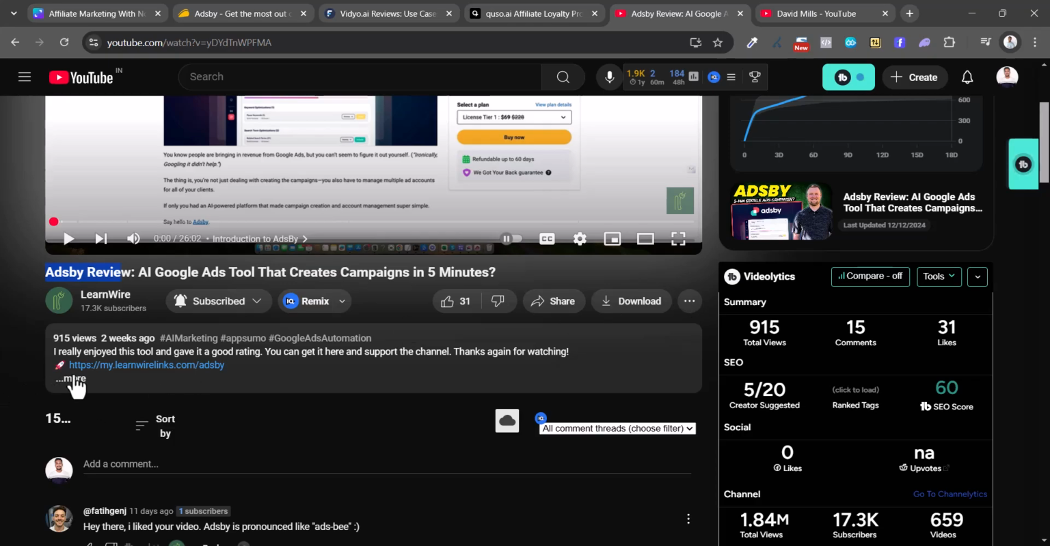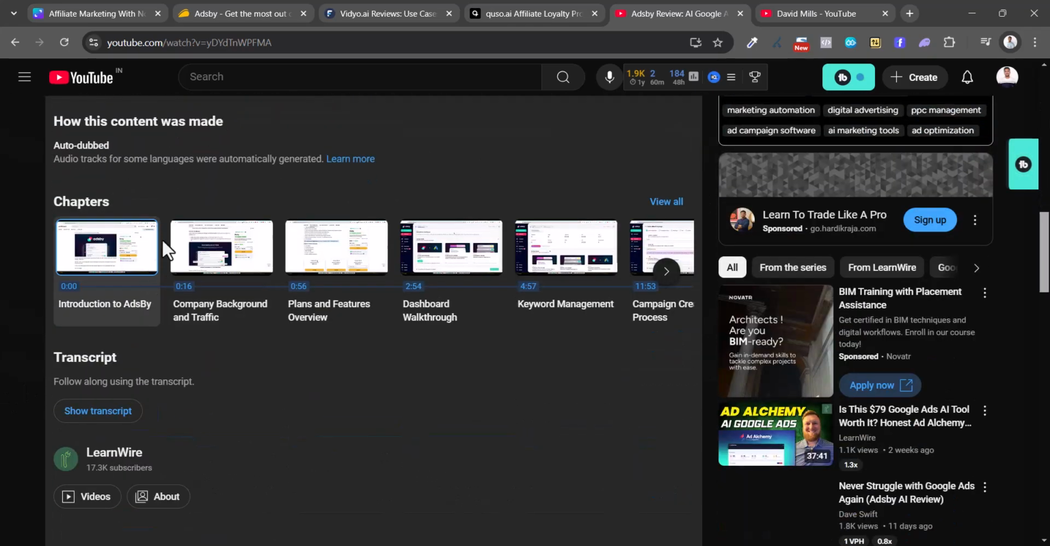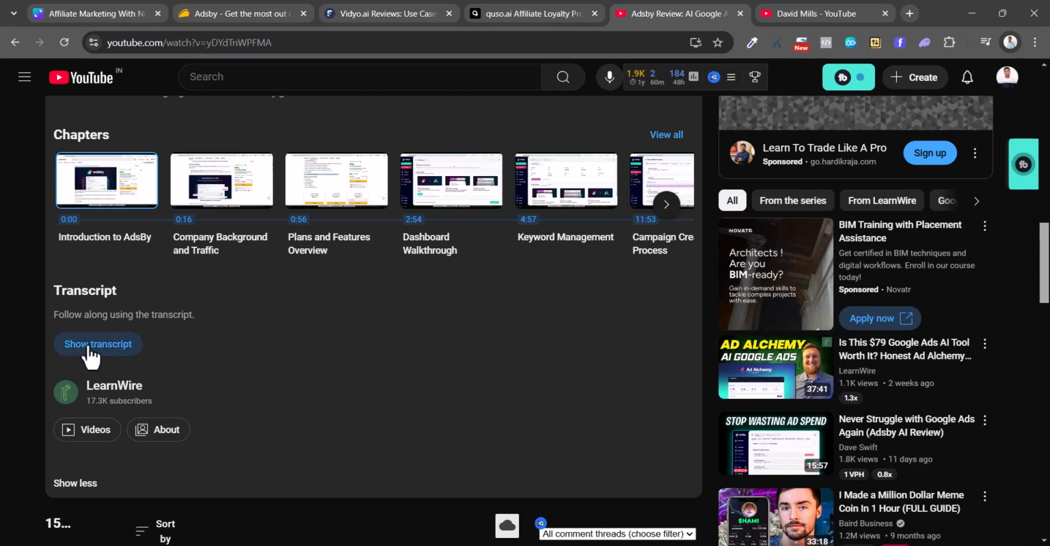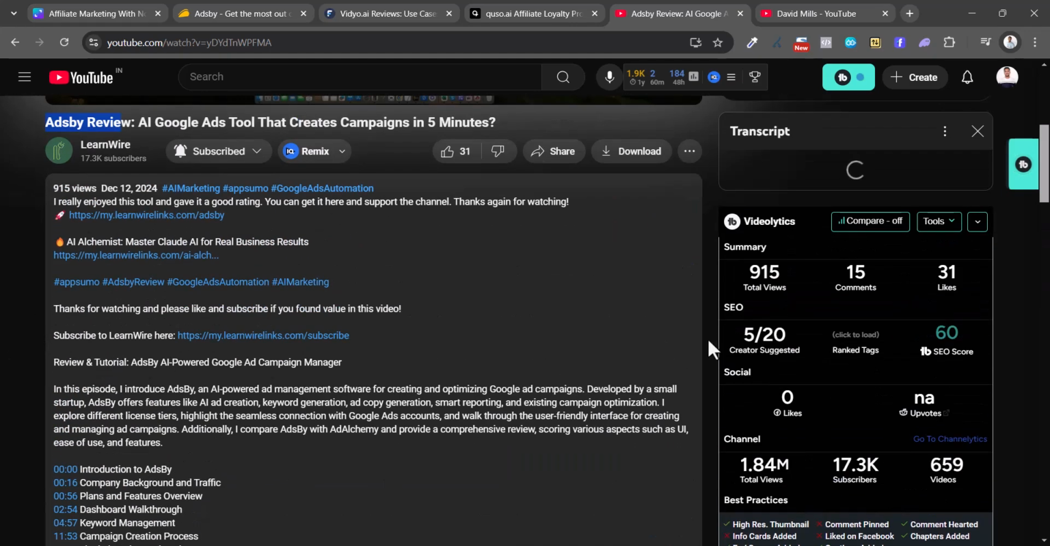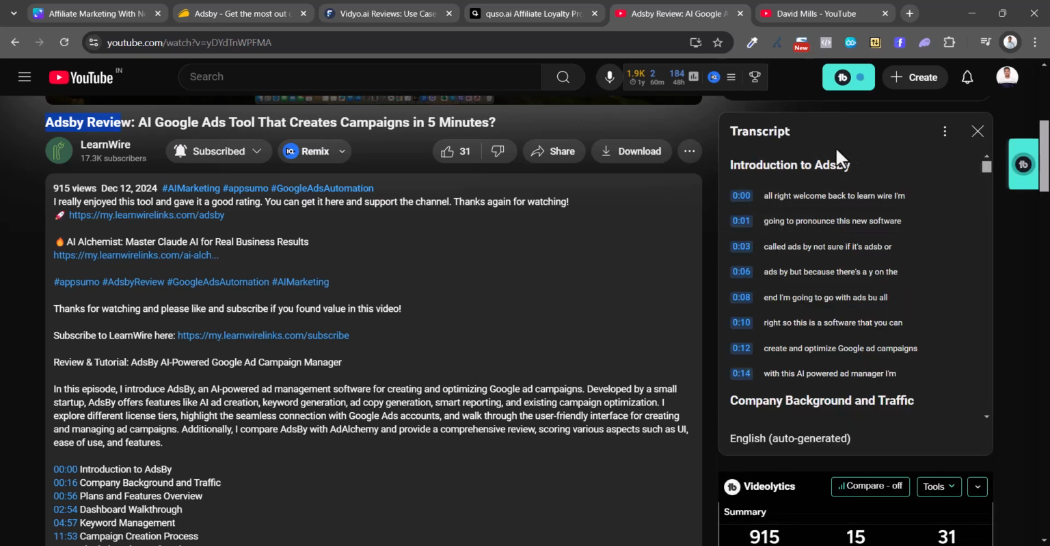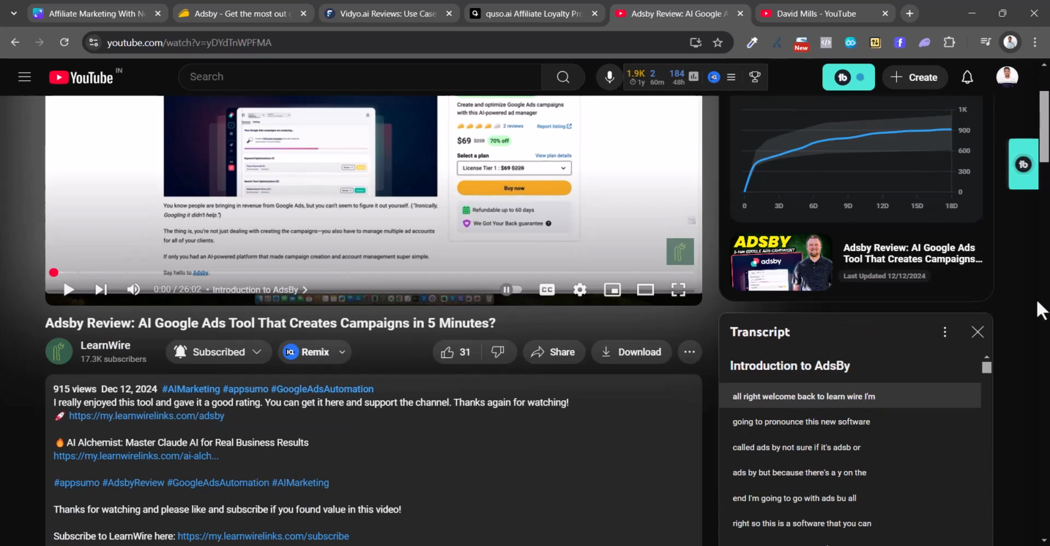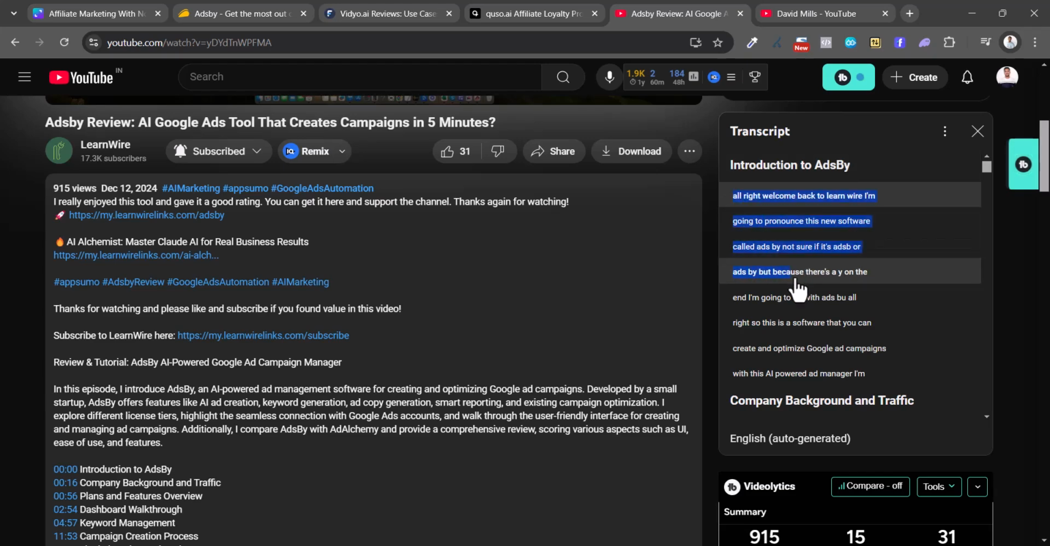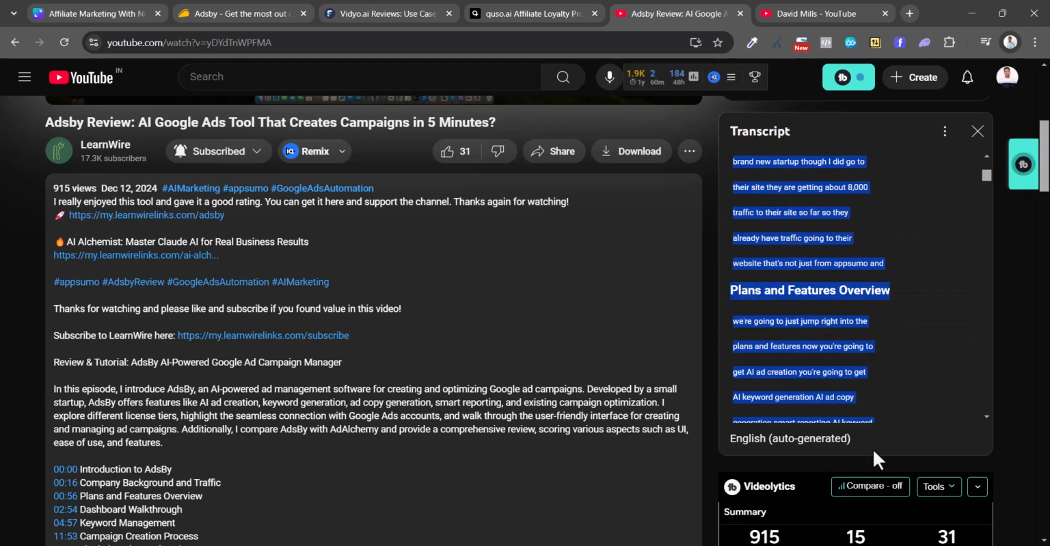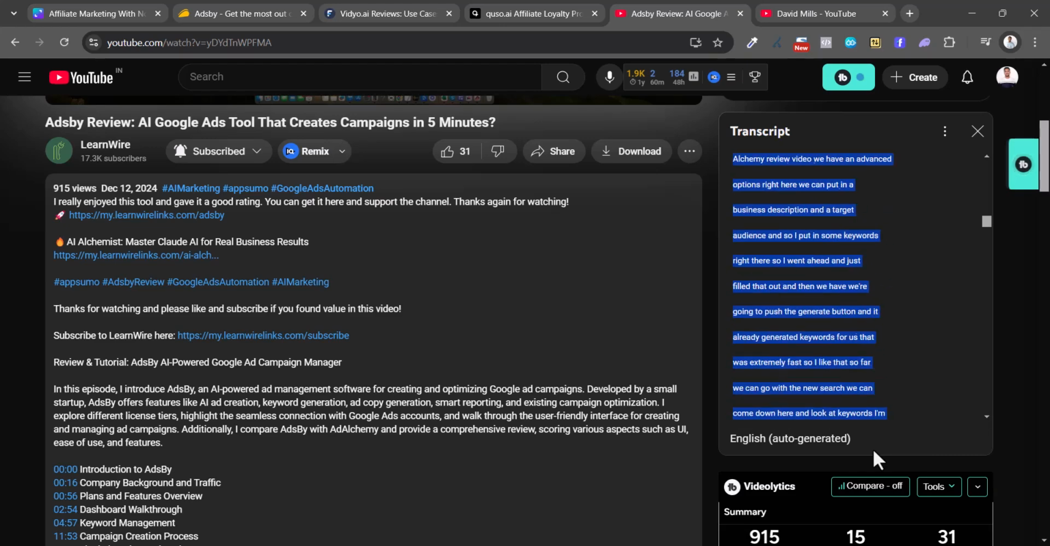What you can do is click on description, and you can click on this button right here called show transcript. Click on it, and it will show all the transcript on the right hand side. What you can do is copy it. First of all, let's toggle timestamp so it goes away, and then you can hold your right click and just copy everything,